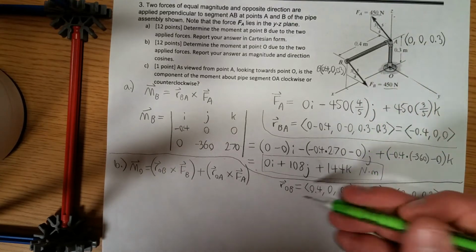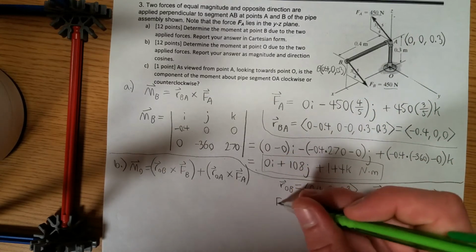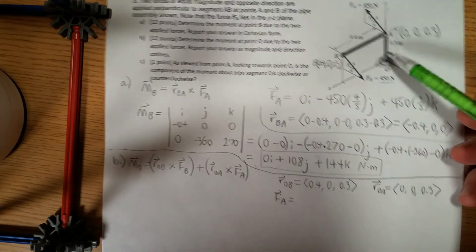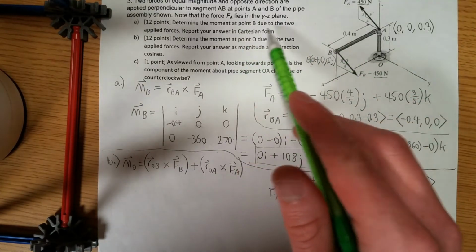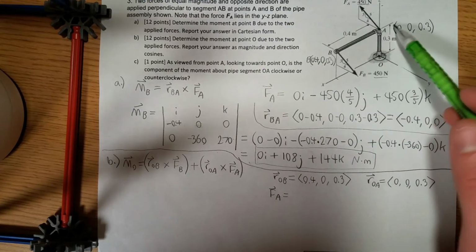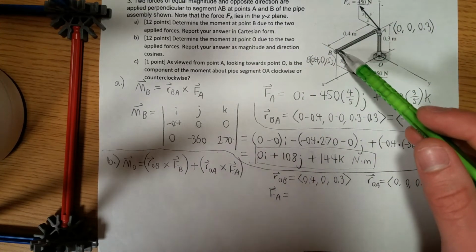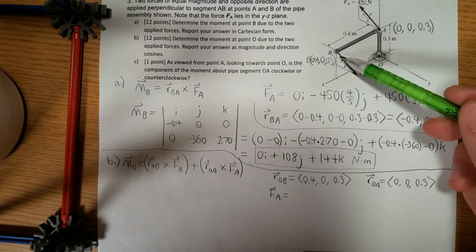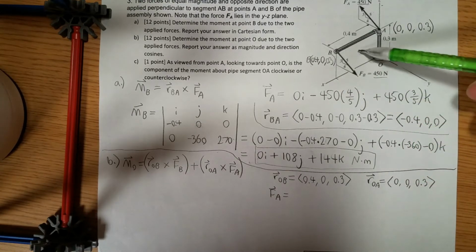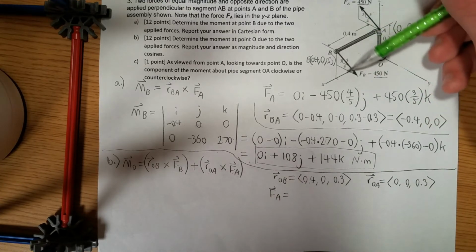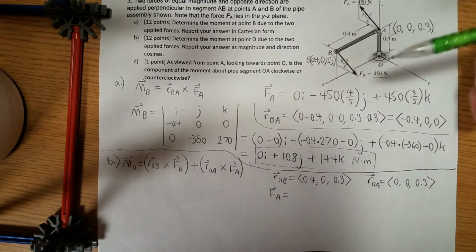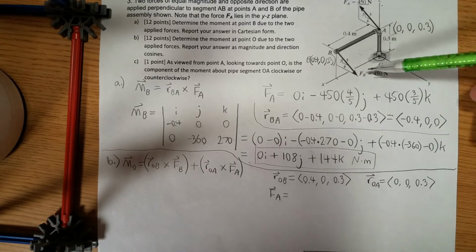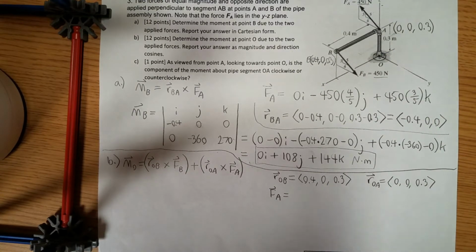And now we want FB. FB we're going to find the same way that we found FA. FB is going to be equal to, and once again, it doesn't explicitly say, but just looking at this picture and how it's drawn, and how they only give us the direction triangle in one slice here, they don't give us another angle showing where it's angled, it's safe to assume that this is not in the YZ plane, but in something that's parallel to it. And so we can assume that,